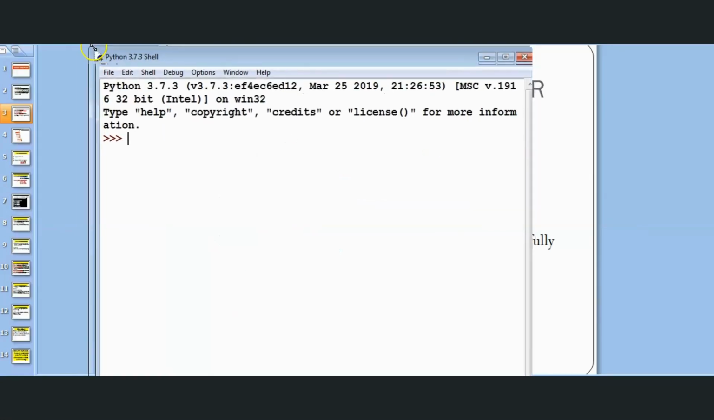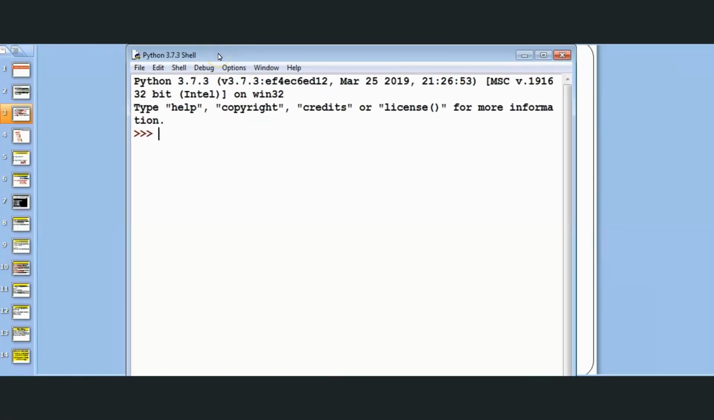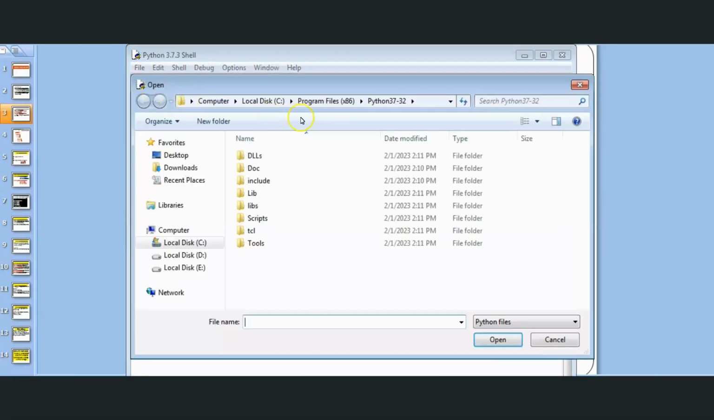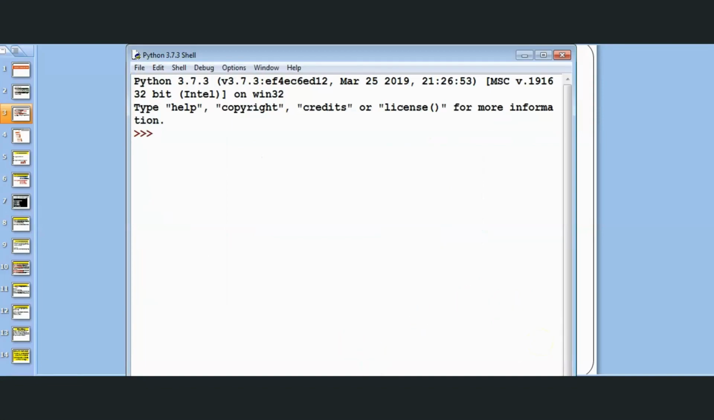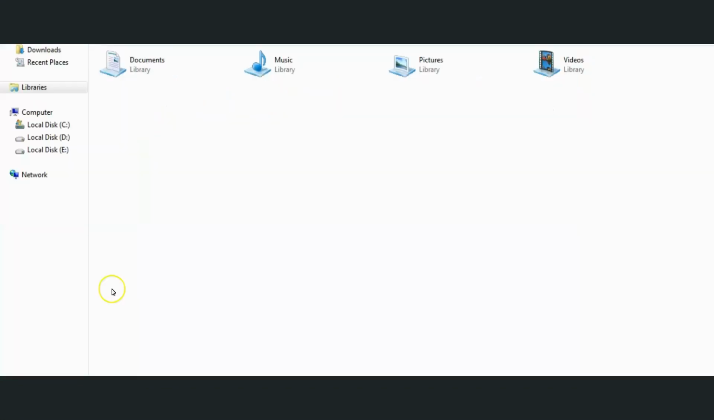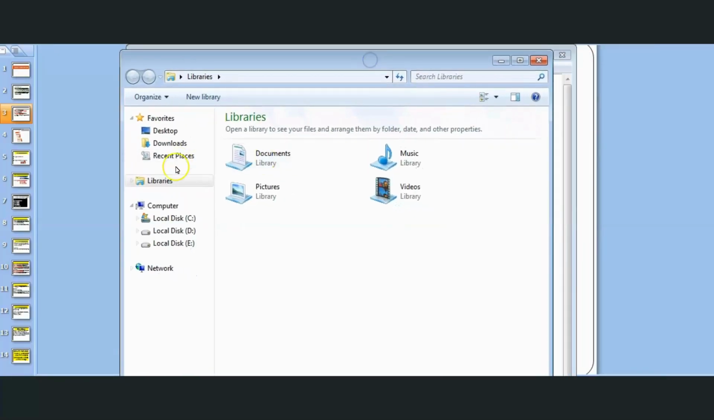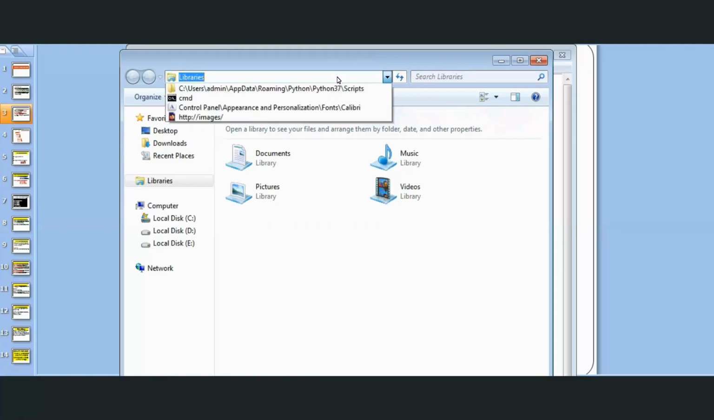Open Python. I am opening my Python IDLE environment now. So this is my Python shell. Now in the File section, I am opening the file. Just copy this path. Okay, one path will come. I'm copying this. Close it. Cancel. After that, go to my libraries. In my libraries, I'm going to paste whatever I have copied in the library path,